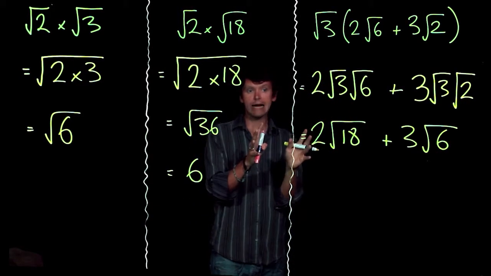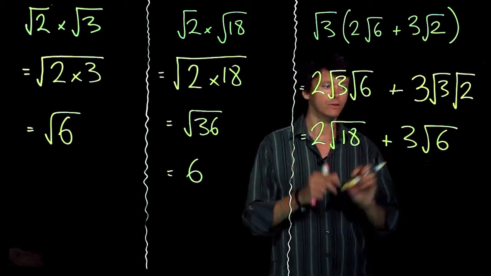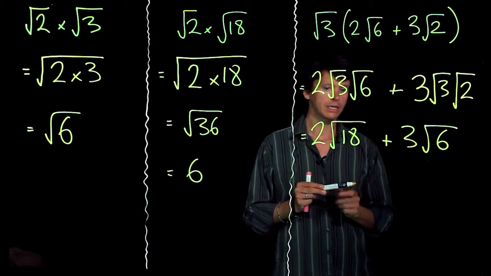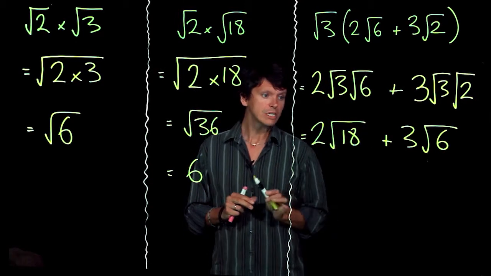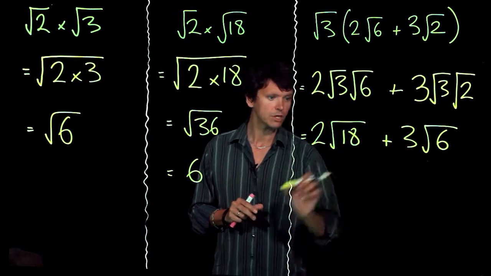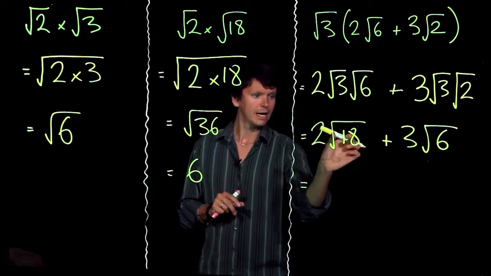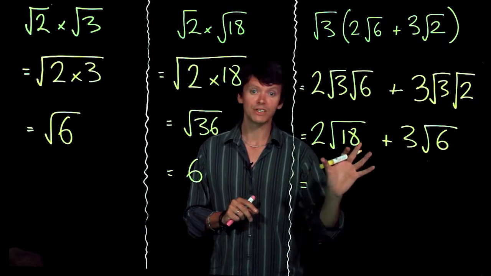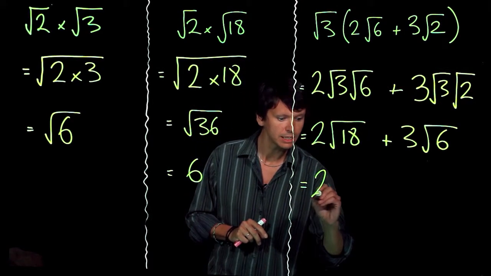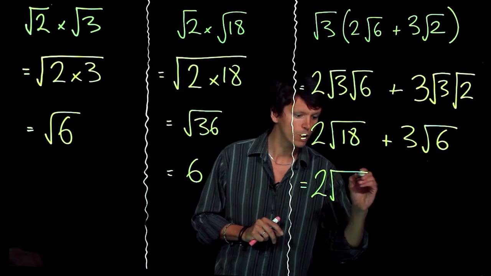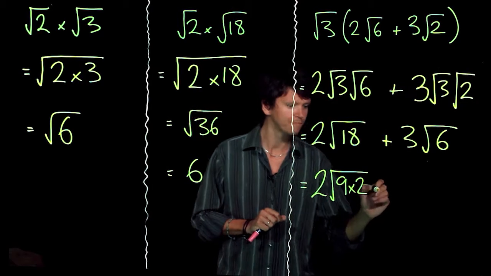Now that's absolutely correct. It wouldn't actually get you full marks because there is one final step that we could do on this. If you remember that we're always looking for the lowest possible number inside the square root to put the surd in its simplest form. And 18, of course, is 2 times 9. So we've got a square number there of 9. So if we said that is 2 times the square root of 9 times 2